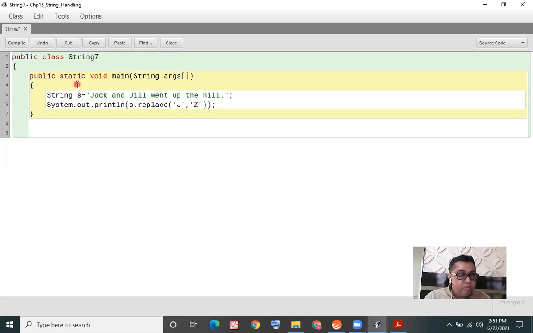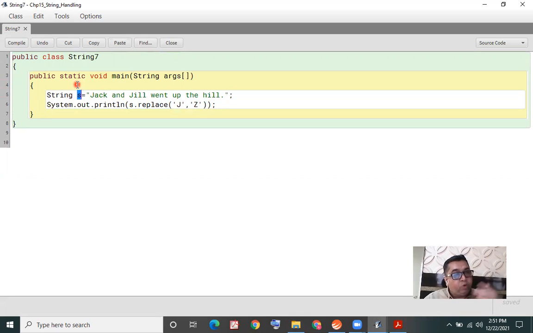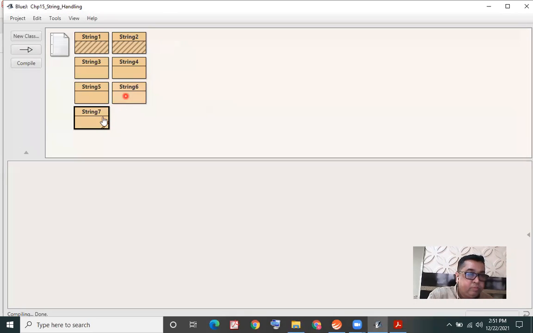As you see, I have assigned this sentence, Jack and Jill went up the hill, to the string. If you want to input something from the keyboard, you can do that way also. I'm not saying that you necessarily need to input. Assignment would do, input would also do, no problem.